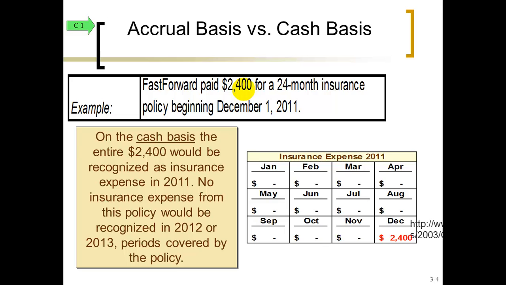So here's an example comparing accrual and cash basis. Our company has bought an insurance policy for a cost of $2,400 here at the end of December 2011. If you treat this as an expense for December, you're going to be overcharging this month, or the whole year 2011, for costs that are going to benefit the next 2 years, or the next 24 months. So the proper way to report this cost is to set up an asset when you buy it, and then over the next